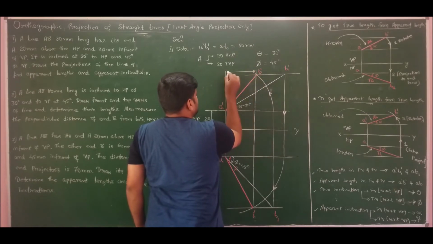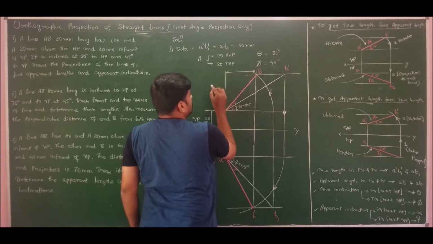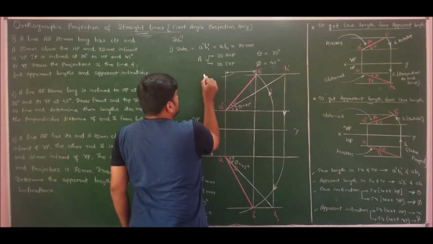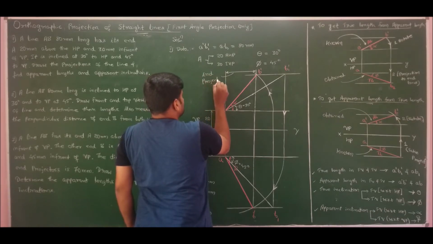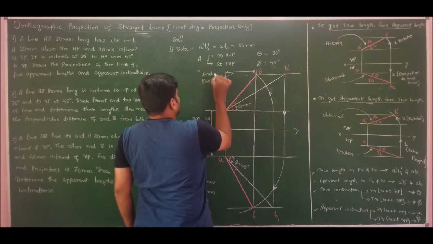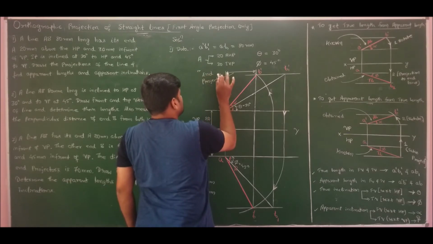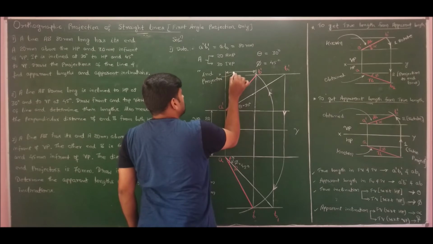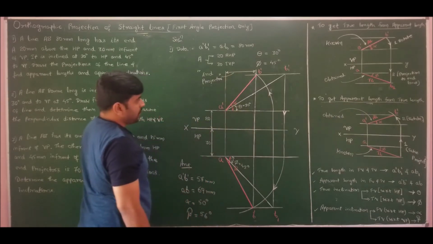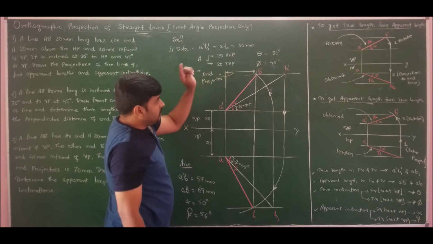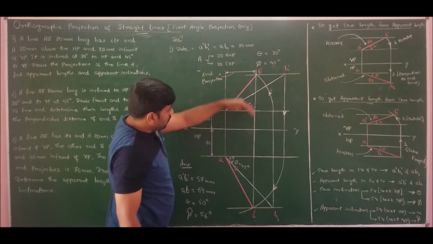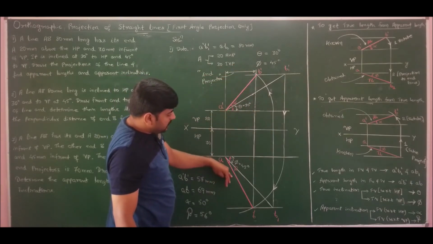So this concept is very important to solve problems on orthographic projection of straight lines. Make a note of it. So this distance is called as end projector, which is very important. This dimension is termed as end projector. Instead of dropping perpendicular and rotating, I will drop perpendicular and rotate only to extract the apparent length in top view.